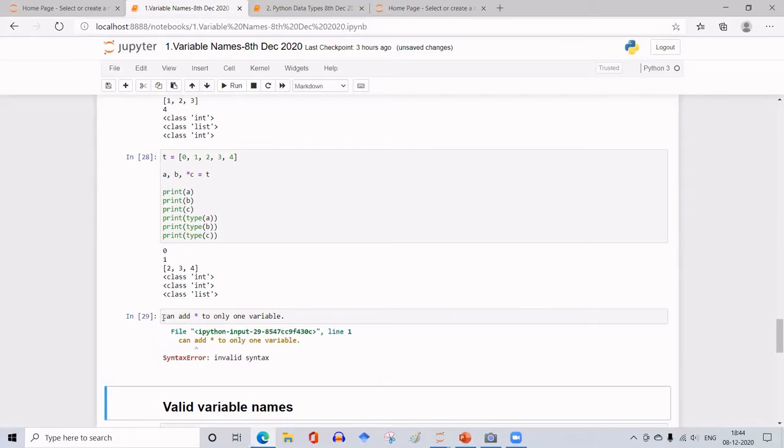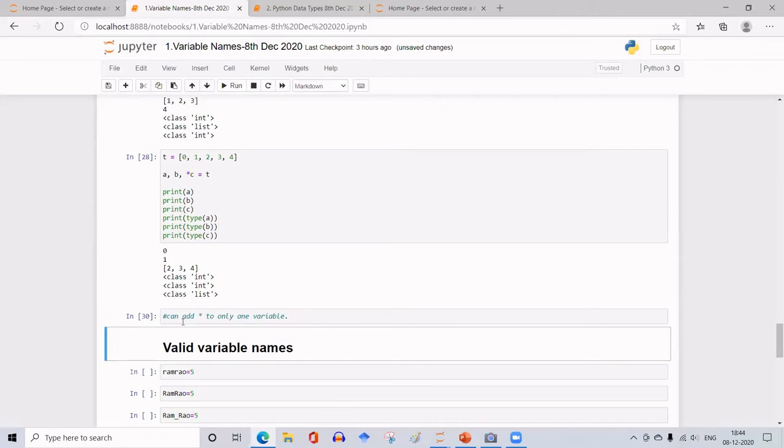But this is the information that I want to give you, so I'll make it a comment line. How to make it a comment line? Just add a hash at the beginning of the line. Now, if I execute it, it will not execute this line. It will not consider it as code. It just keeps it as a comment line.